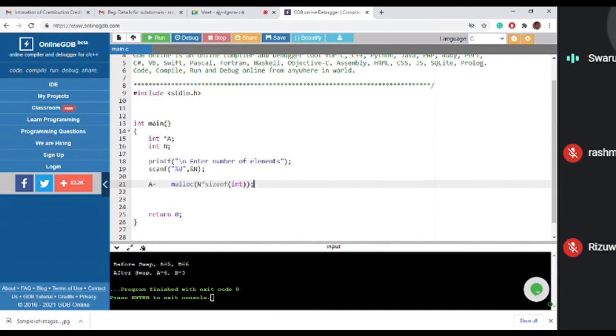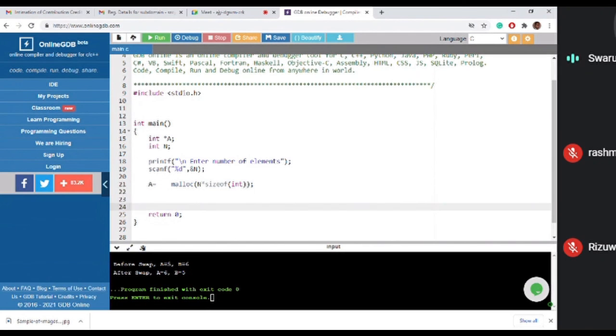Okay, is it clear? Because most of the time you have to go back to your exercise book or any book to see how I should use malloc. But there is nothing to mug up or recall. Just simply try to understand the meaning. Here I am just specifying the number of bytes.